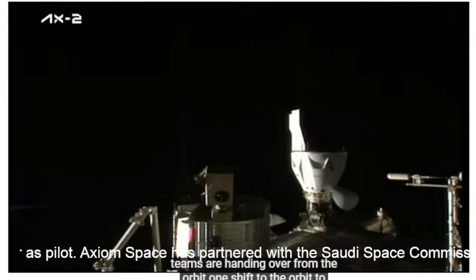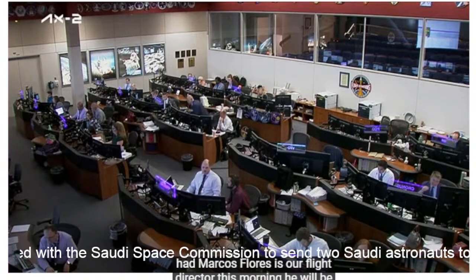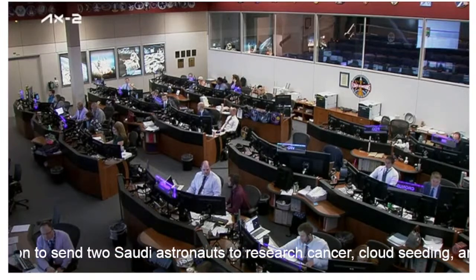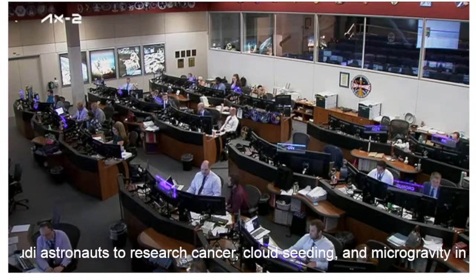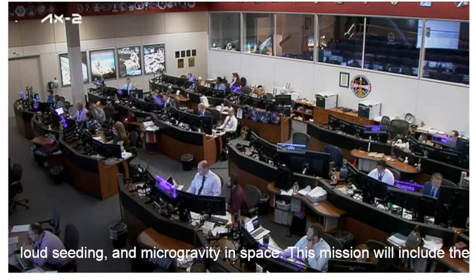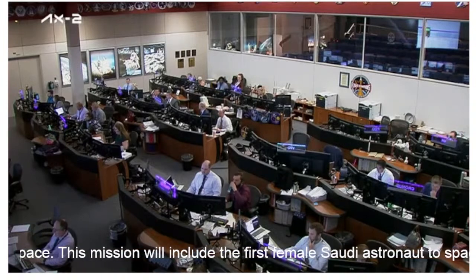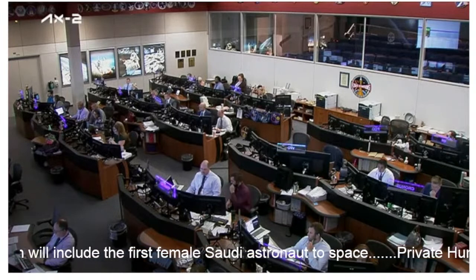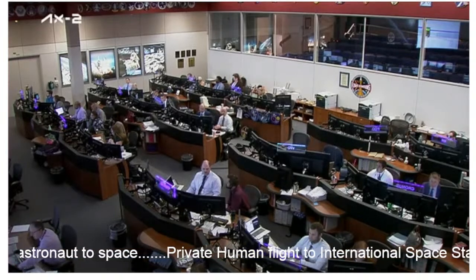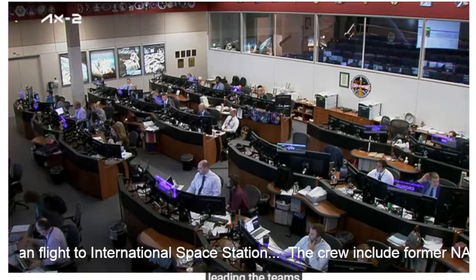Here in Mission Control Houston, teams are handing over from the Orbit 1 shift to the Orbit 2 shift. We have had Marcos Flores as our flight director this morning. He will be handing over to Vincent Laporte. Again, Woody Hoberg aboard the International Space Station is leading the team's...